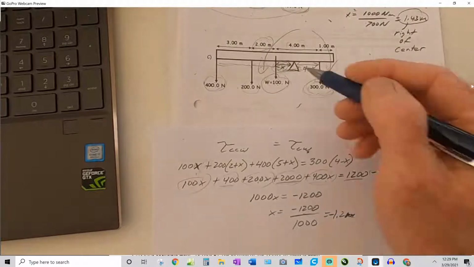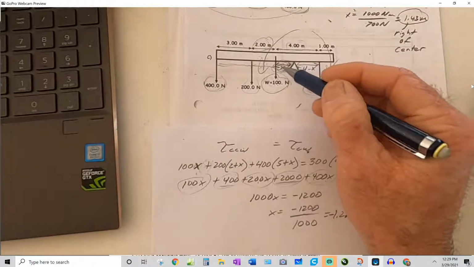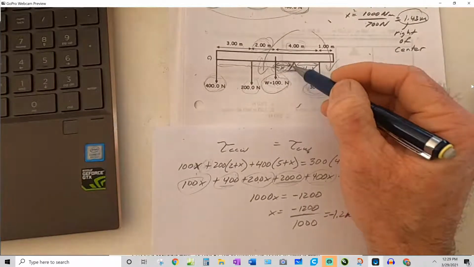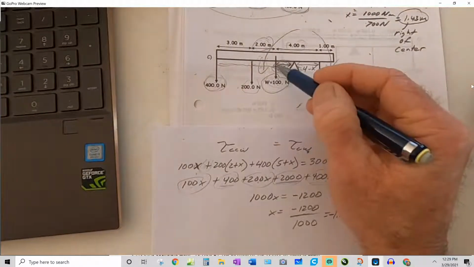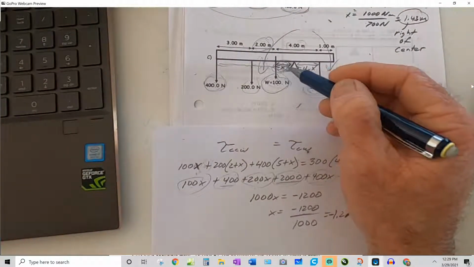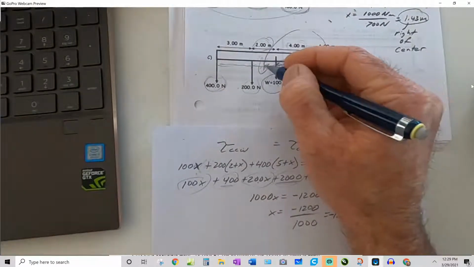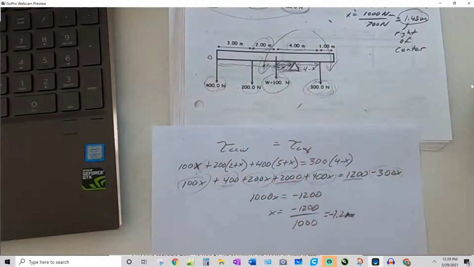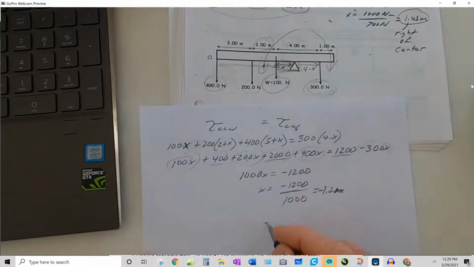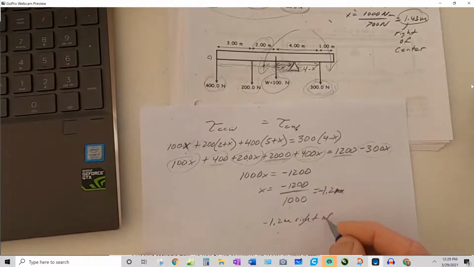If I say x is the distance to the right of the fulcrum, then it would be negative 1.2 meters to the right of the fulcrum, which actually means it's over here, 1.2 meters to the left of the fulcrum. So negative 1.2 meters right of fulcrum,